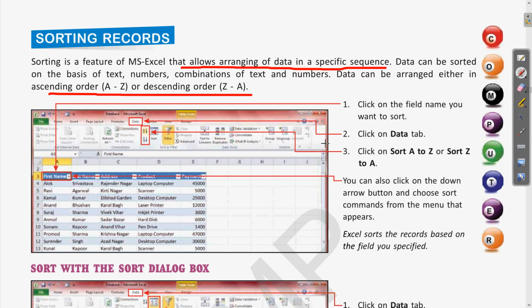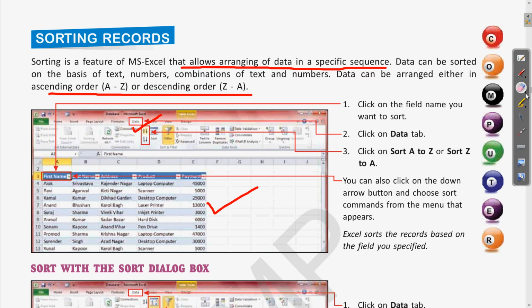Clear? If you select that specific field and go to the data tab, here we have sort A to Z in ascending and descending sequence. So when we click that, the records we have in our table will be arranged in a specific order.